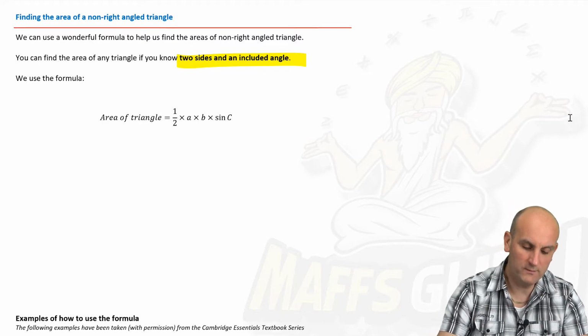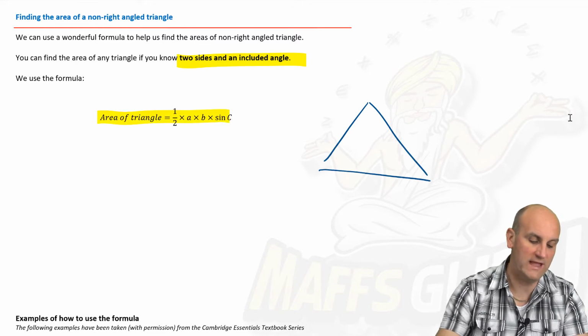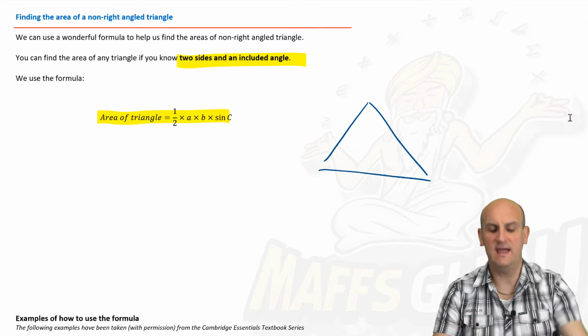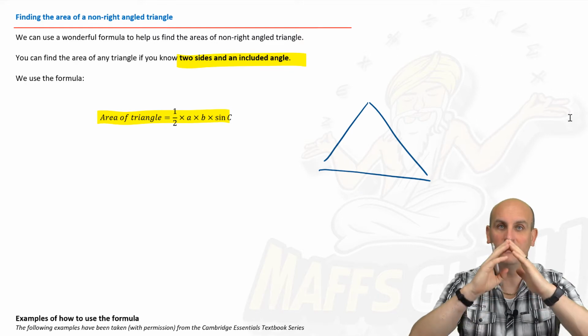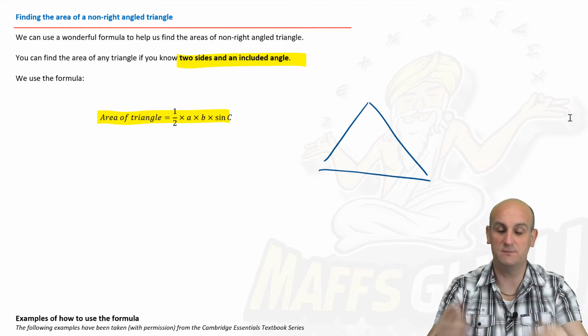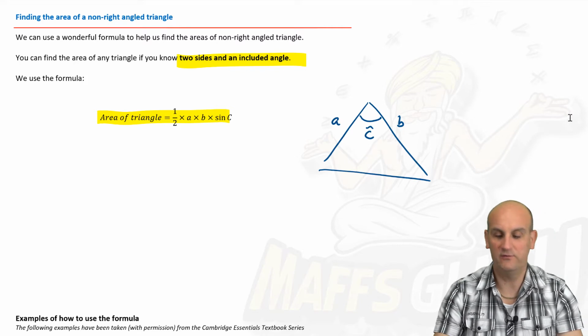Whoa! What do we mean by this A, B, and sine C business, right? So looking at the formula, we're now told the area of any triangle is given by a half A times B times sine C. Now actually A and B are the sides on either side of that angle, and C is my included angle. So this would be A, this would be B, and this would be angle C,